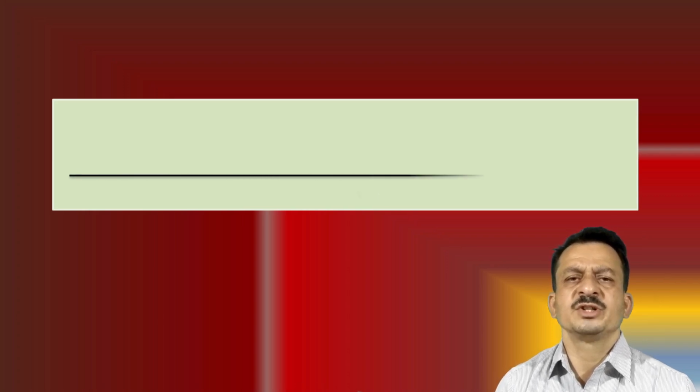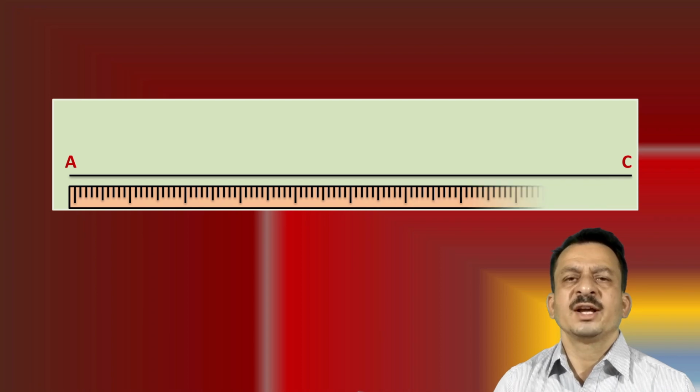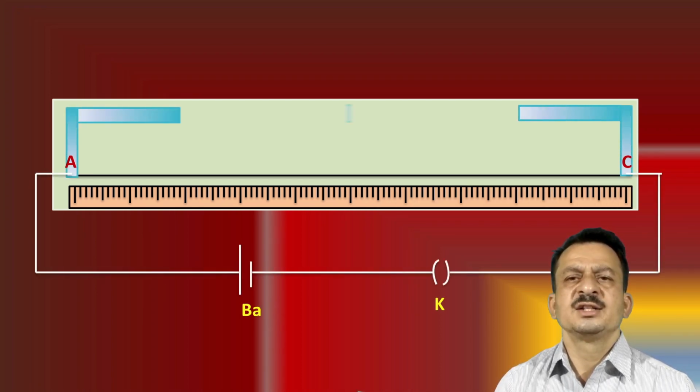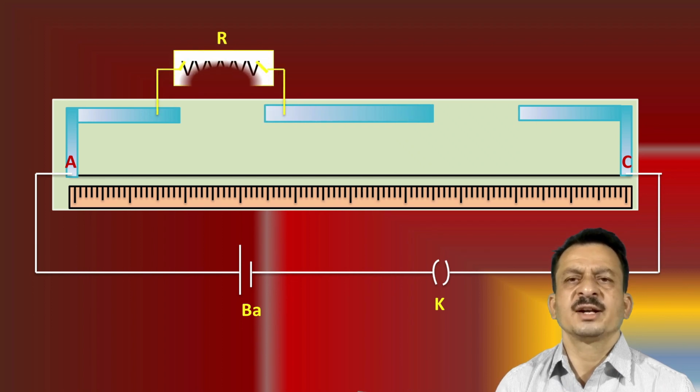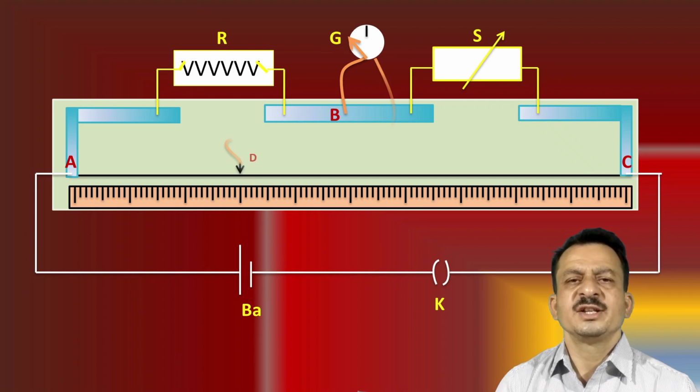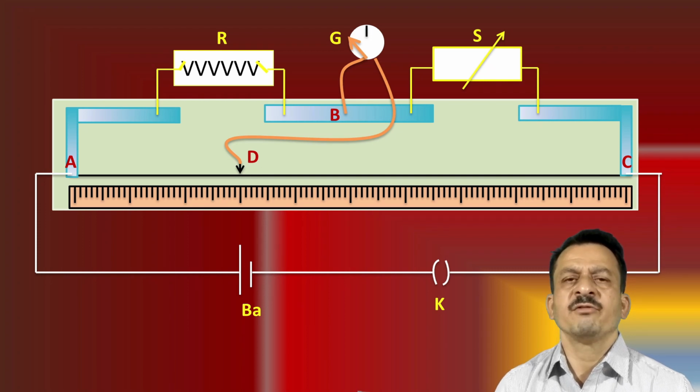Now look at the meter bridge diagram. Now we have this simple meter bridge diagram. We have a 1 meter length wire AC, and it is connected across the battery, and L-shaped metal strips and straight strips are connected as shown in the diagram. In the left gap we have a resistor. It is dipped in a beaker containing water. In the right gap you have a standard resistance box. Now in the middle we have a galvanometer. Point D represents the null point.